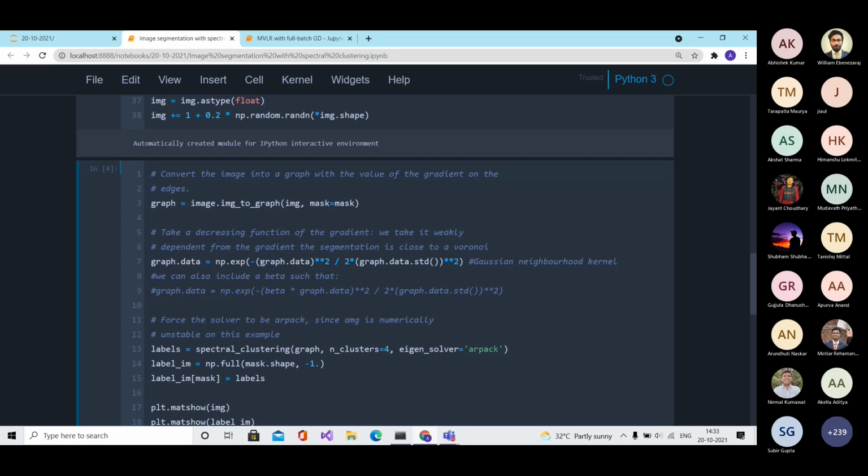The numerator denotes the difference in intensity values of 2 pixels. And then you also have the standard deviation, as in the Gaussian function, and this controls the width of the Gaussian kernel.